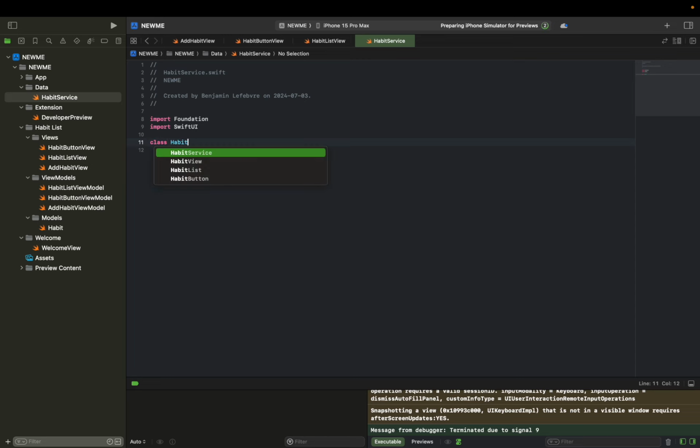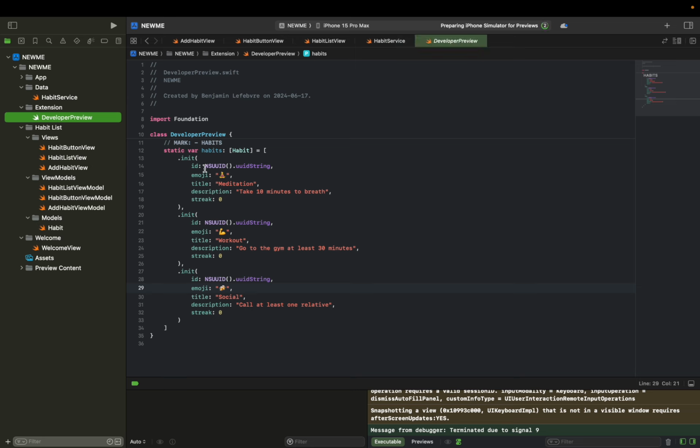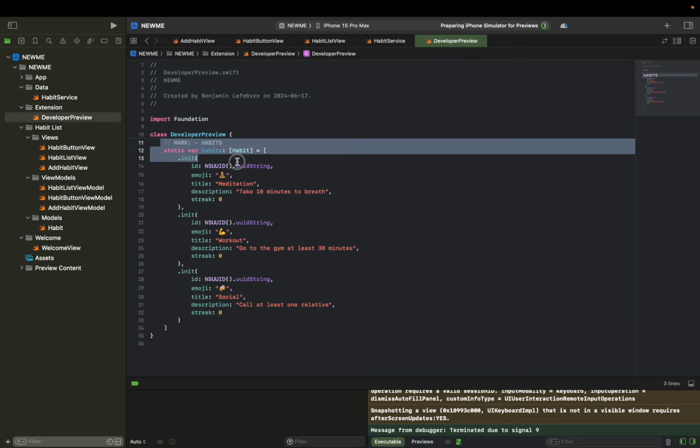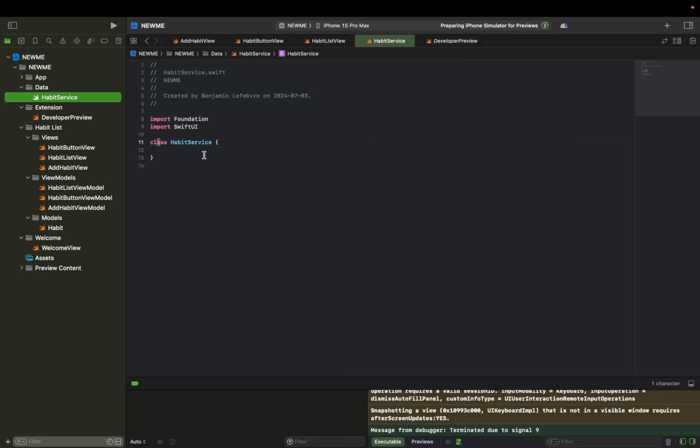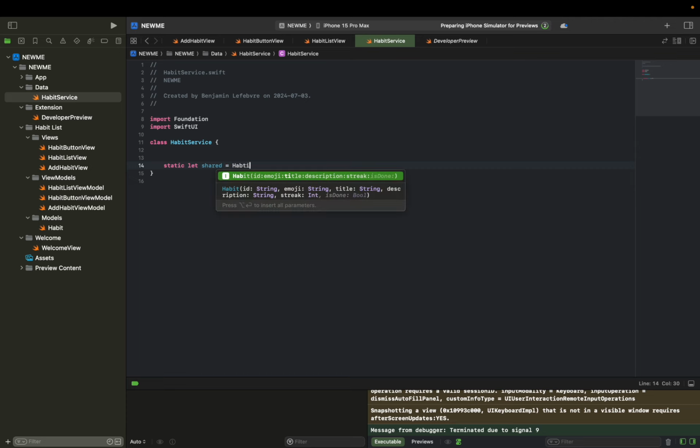called HabitService. So we'll do something similar to what we were doing with our developer preview, where without creating a new instance every time, we can use properties that are inside of this. However, the way I will create this one is by creating a static property, which is going to be basically a shared instance of the habit